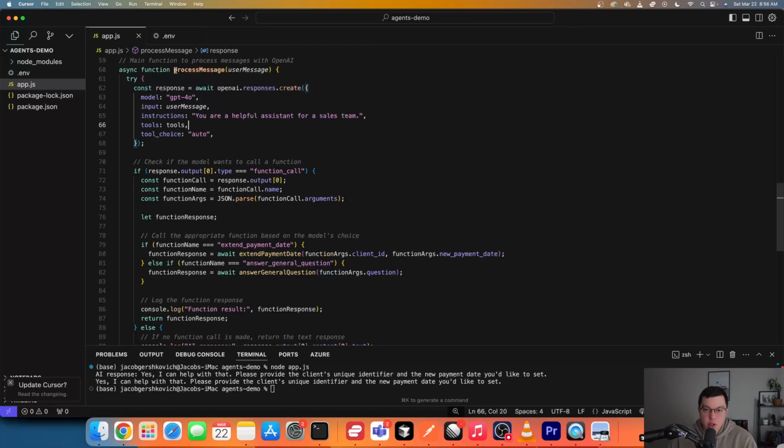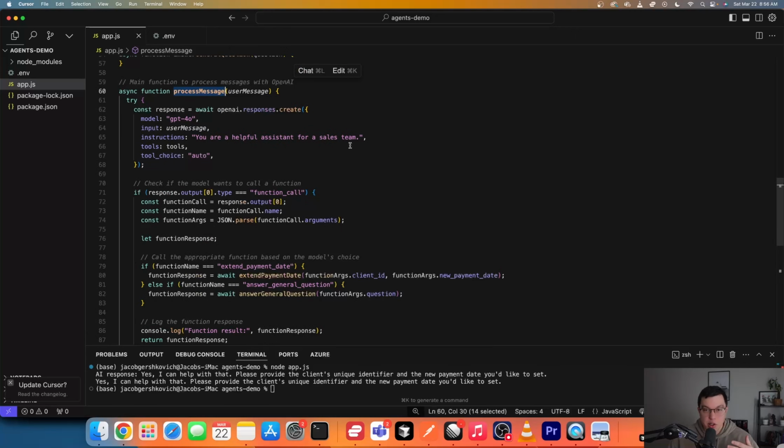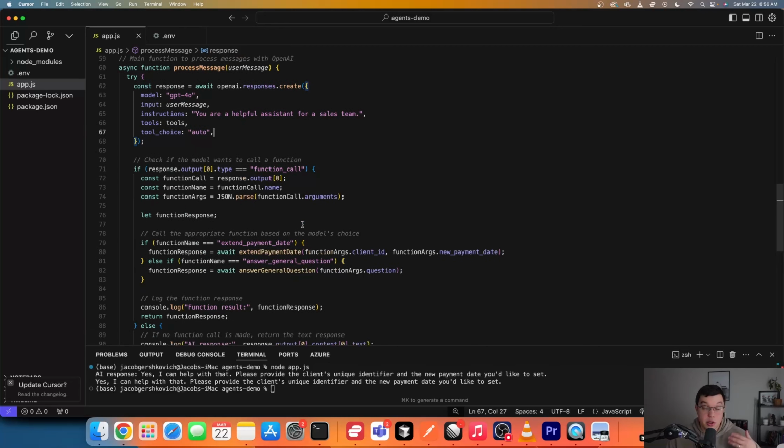The last thing to talk about here is this main process message function. Now, again, in our case, this was a Microsoft Teams integration. So we had all of this set up on a backend server, and we would receive a request from Microsoft Teams via an API, and we would process that request and do all of the things that we're doing in this code inside of that backend server. But I just have this main function here that triggers everything so that we can get responses for this example.